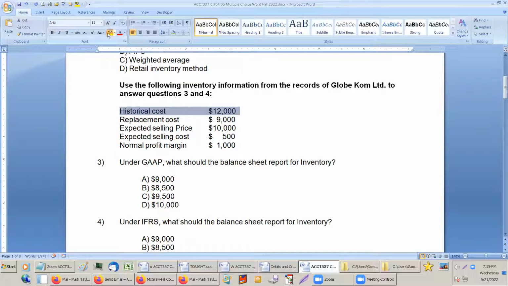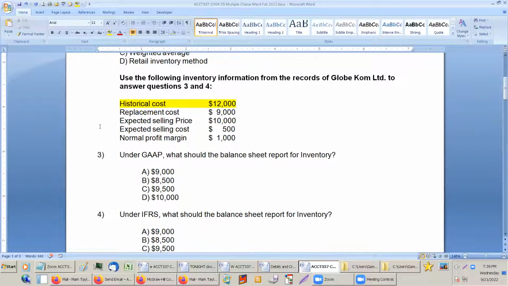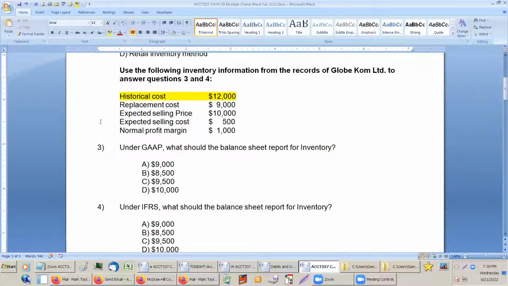That's what they have it on the books for. And what would be the net realizable value? In other words, if they sold it, how much would they get out of it? Would it be C? Yep. Yep, these two here are gonna be used. So selling price minus